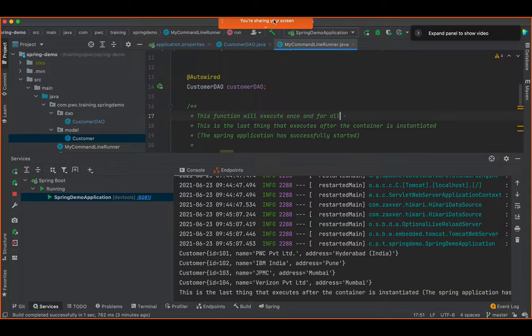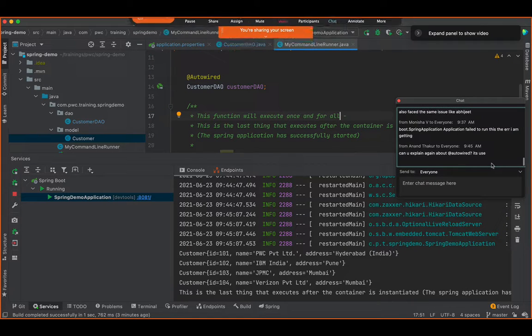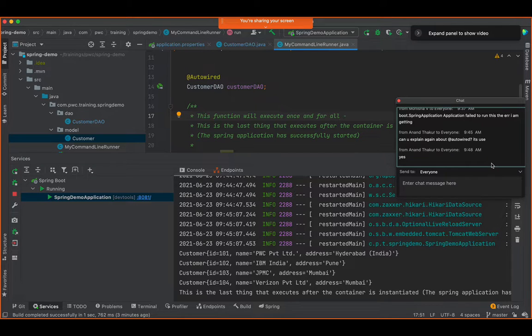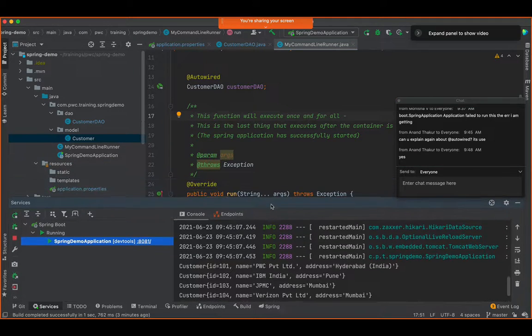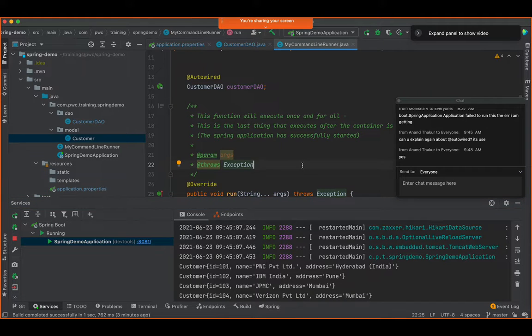Now, if you have any questions, absolutely feel free to ask. So can you explain about AutoWired, its use? Oh, I have spent a good amount of time, Anand, on that. How come you missed it? Okay, so Anand, it was you who lost electricity last evening? Oh, okay. So Anand, I'll give you an overview very quickly, but I don't think that would be sufficient. You will have to connect with your friends and take some inputs from them. But let me still give you the overview here.